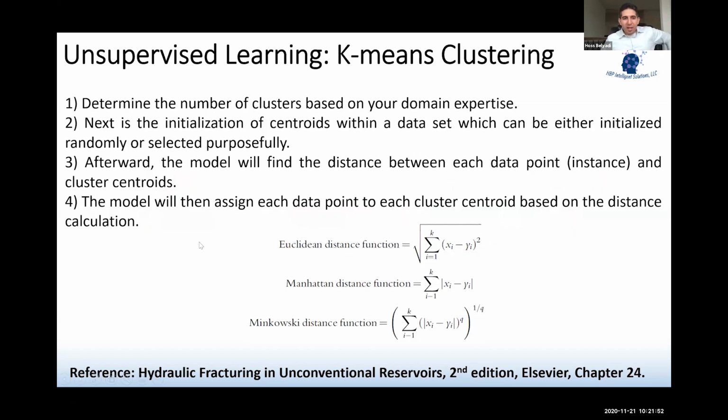So we talked about what type of distances we have, and you can see we have the Euclidean distance function. If you recall this from your algebra class, you probably had it in high school. It's simply your xi minus yi squared. It's just x2 minus x1 squared plus y2 minus y1 squared plus z2 minus z1 squared. You take the square root of that. That is your Euclidean distance function, right? The Manhattan is a little bit different. Instead of squaring this and taking the square root of that, you just take the absolute value. Okay, that's your Manhattan. And then your Minkowski distance function, again, you use the xi minus yi, and then you use this distance function to calculate your